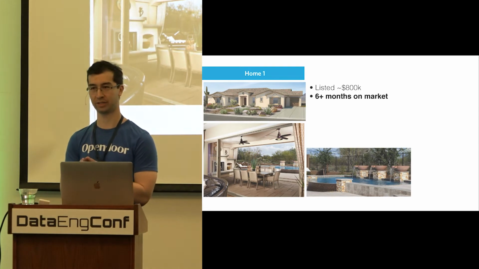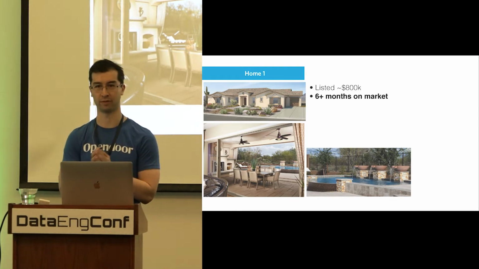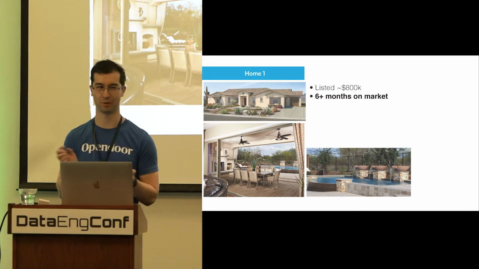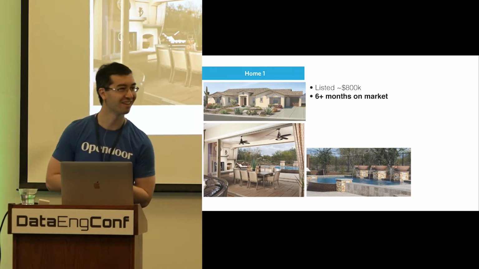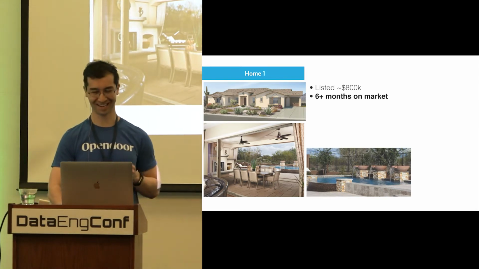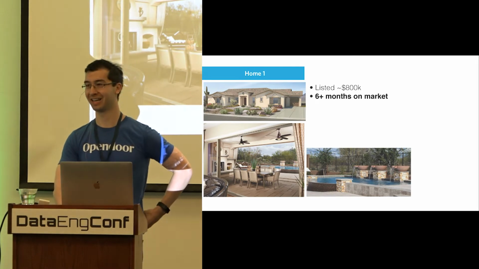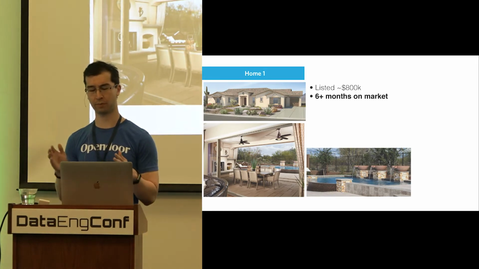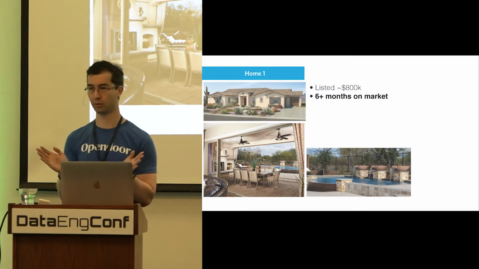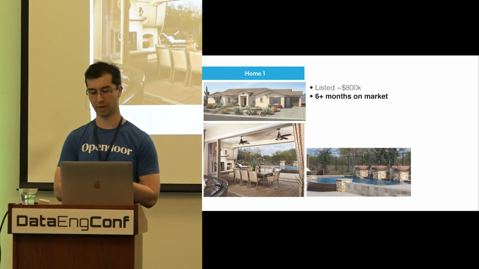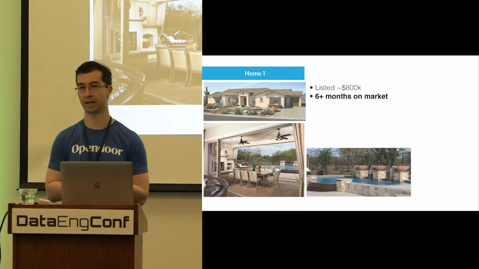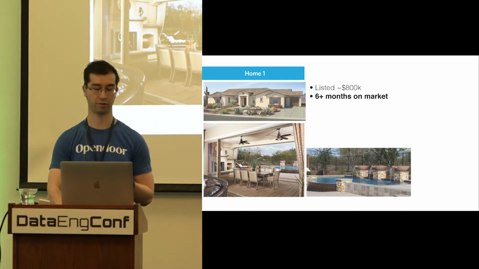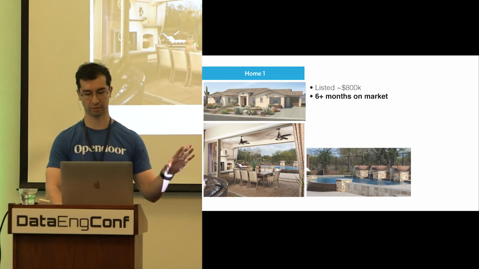So how long do you think it would take for us to be able to find a market buyer for this house? It's beautiful. Any guesses, like 1 month, 2 months, 3? So, many months? Okay. You're right. Over 6 months on the market. So the higher price point means that there's a smaller buyer pool who can afford it. And maybe it's on a large lot, which is only really possible in the outskirts of town. Again, it's less convenient to get there. Also could depend on the time of year. People don't usually move around the holidays. So this beautiful house took a really long time to sell.